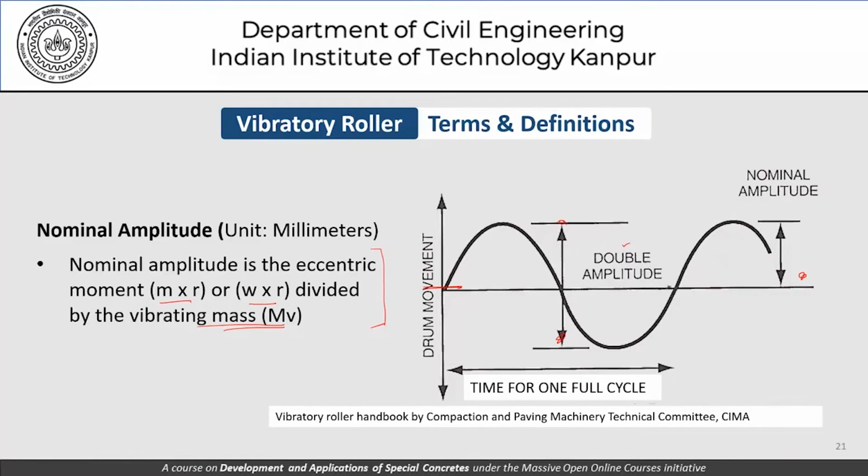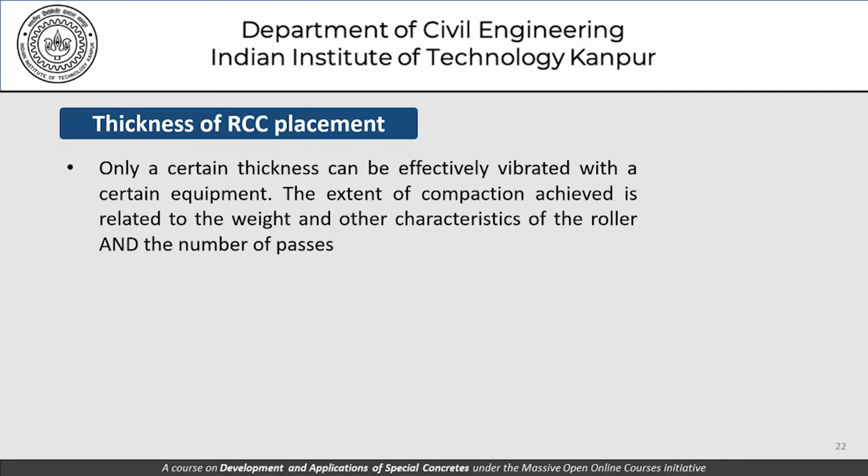With that, let's move on to the thickness of RCC placement. Only a certain thickness can be effectively vibrated with a certain equipment. The extent of compaction achieved is related to the weight and other characteristics of the roller and the number of passes. Now what is being said here is that suppose this is the thickness T of the concrete which needs to be compacted. This thickness T will obviously be a function of the properties of the concrete that we are using,